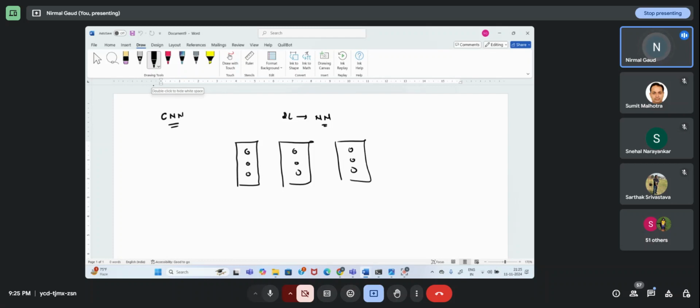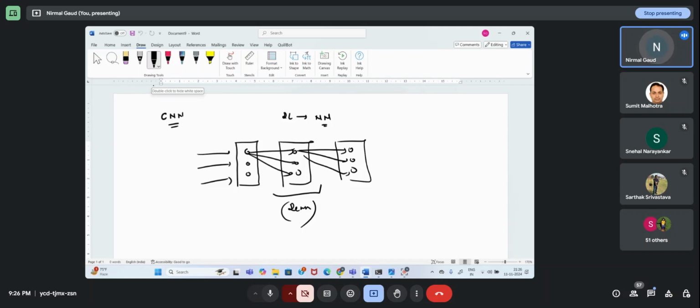That is inspired by the biological neuron, that means our brain architecture. Here we give the input, and every neuron is connected to every other neuron in the network. So it's a dense network.